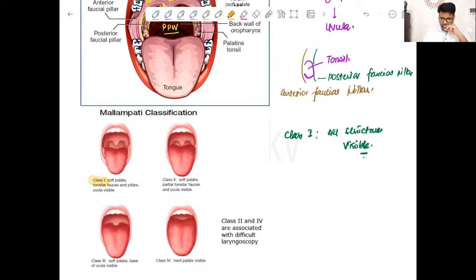we will see that the mouth is not fully opened, and we will be seeing only half the portion of the fascial pillars, right? We will see that only the upper part of the fascial pillars is clearly visible, right? This is anterior and this is posterior. The lower half is all covered by the base of tongue, right? So in class 2,